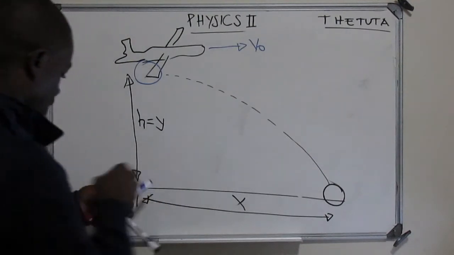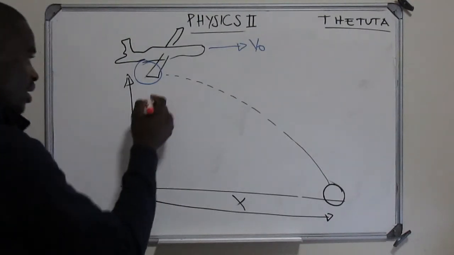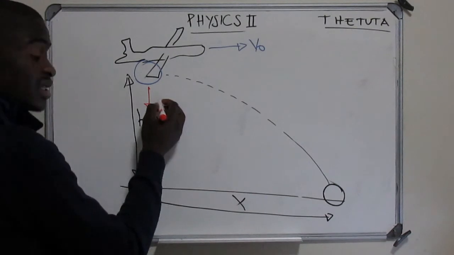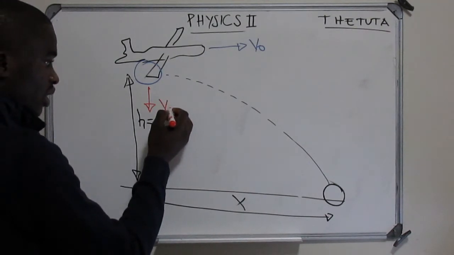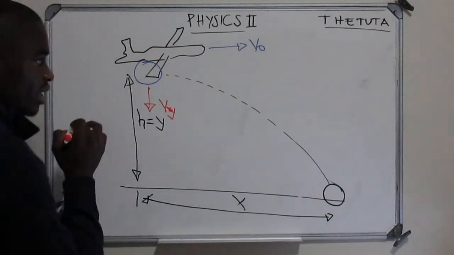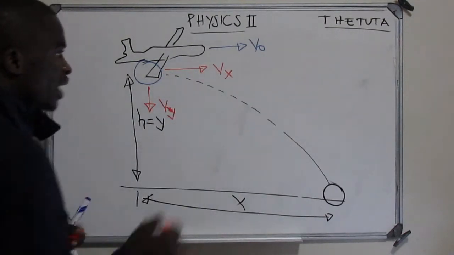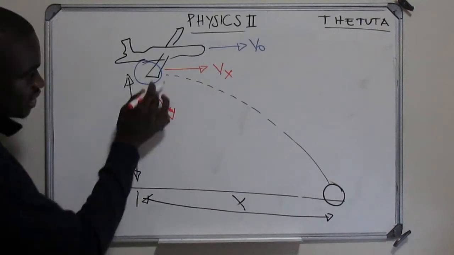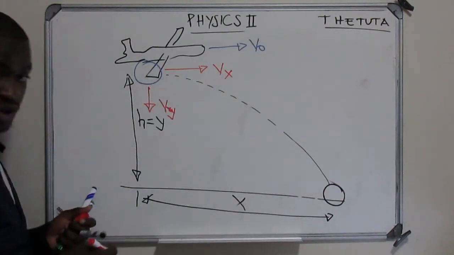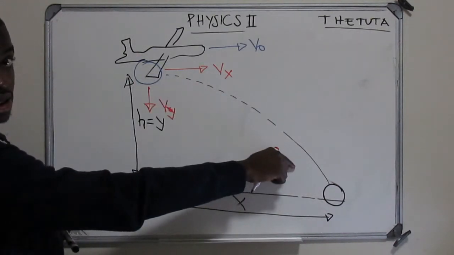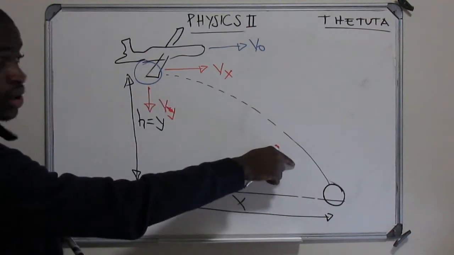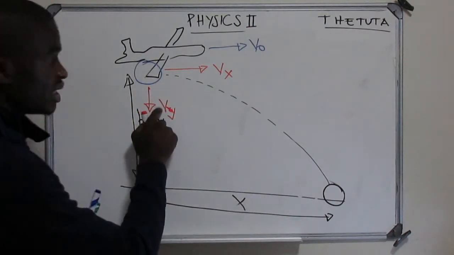Okay? So we are dealing with a speed in y, and as well the speed in x. We are in the 2D. Can you see? Because this is going in this direction. We are in the 2D. Okay? But what will be the speed in y?